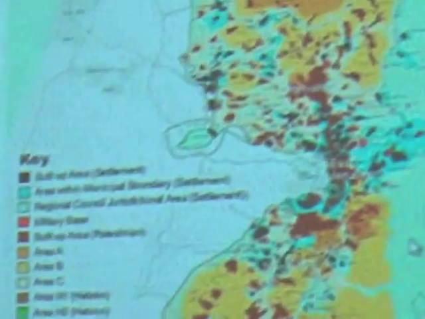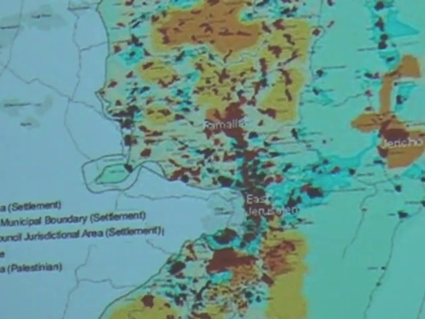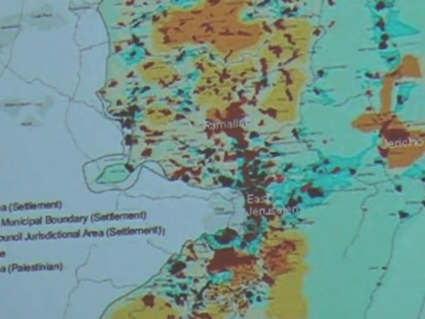Areas B included many of the remaining Palestinian villages where the civilian control was transferred to the Palestinians, but Israel maintained for itself the right to have security management if and when they deemed it necessary. And Area C, including the whole of the Jordan Valley, the whole of this area here where you see the light blue, which is Israel's, which was the eastern border between the West Bank and Jordan, remained Area C